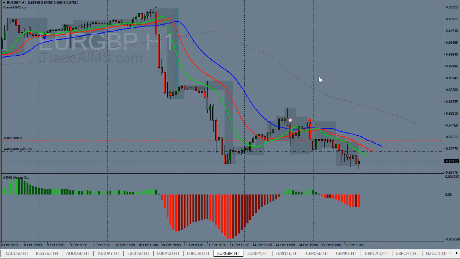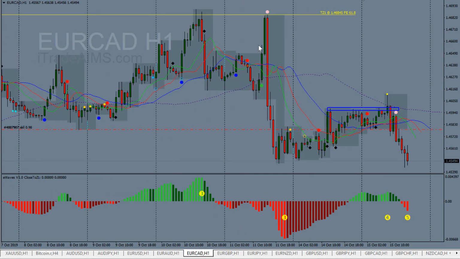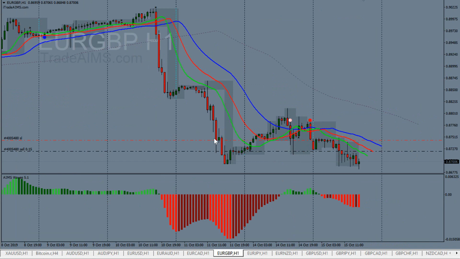Euro pound was a similar situation. It was a difficult one to take because the wave 4 is a little bit different, but what I want to talk about is these 2 days. So in the previous example, we have a setup one, which is a 3-day setup one. So the 2 days are the setup, and the 3rd day is your trade day. So it's this one. And on this setup, you have a 2-day wave 3 and a 1-day wave 4. So this is a 4-day setup for now, in which 3 days form the setup, and on the 4th day you